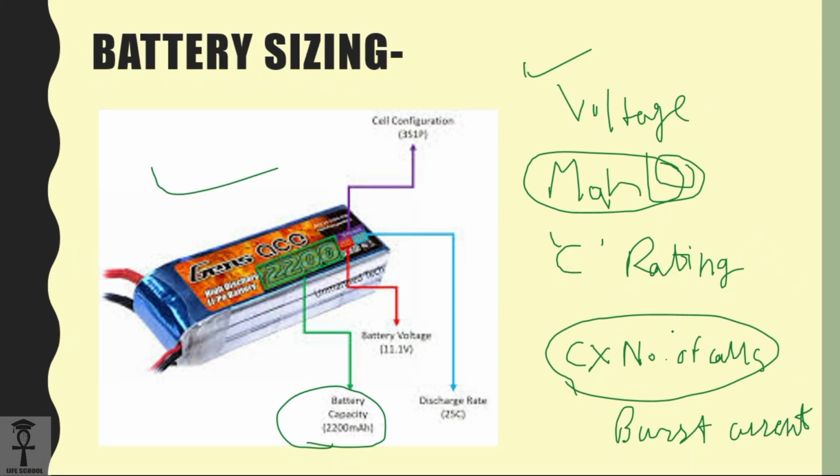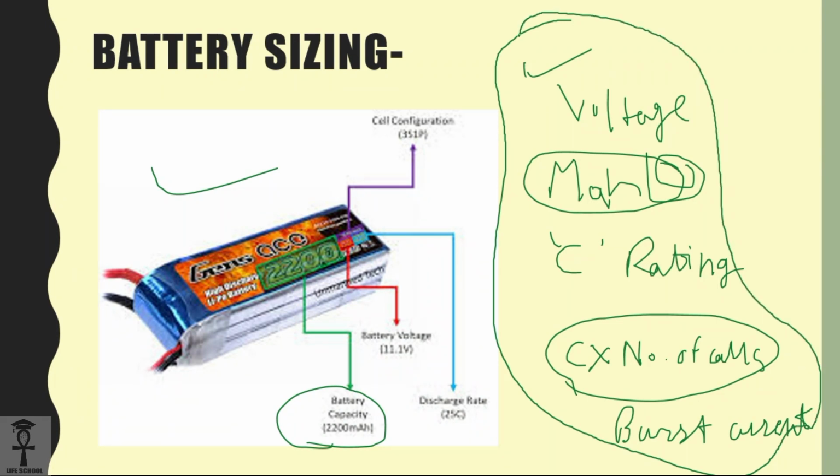So after calculating the current, you can just put an equation, and you can say how much current you're going to consume for how much time, and you can calculate your endurance, as well as design the battery as per your endurance. Then the C rating should be checked so that you make sure that you have that much current available from the battery. So this is how all the three things work.